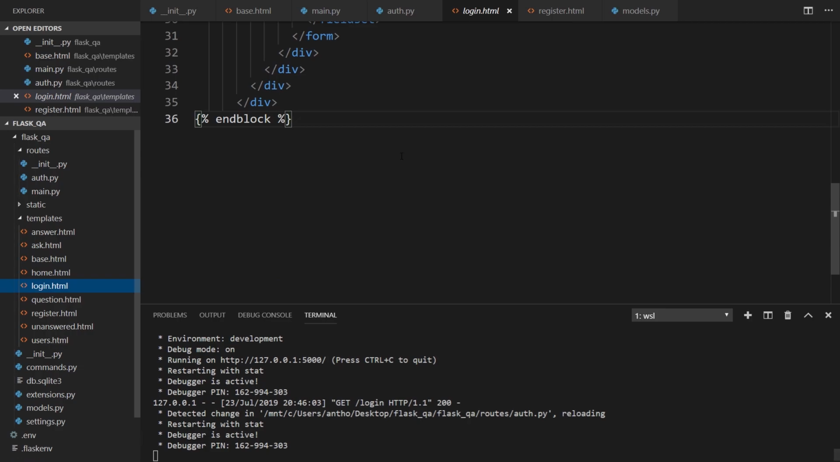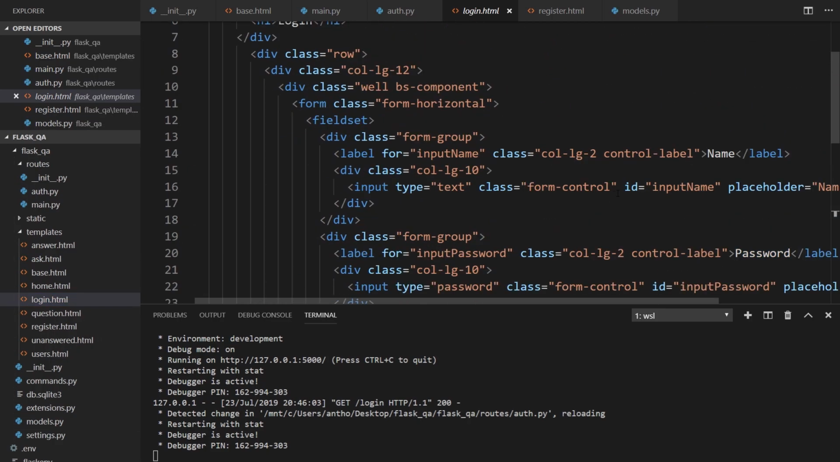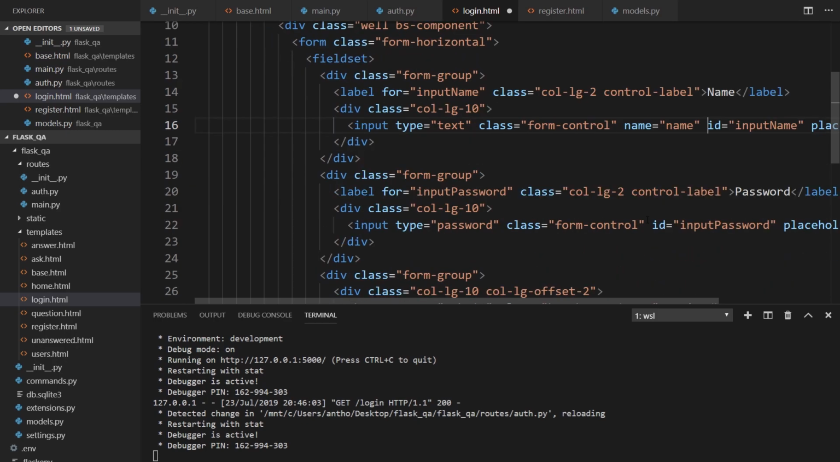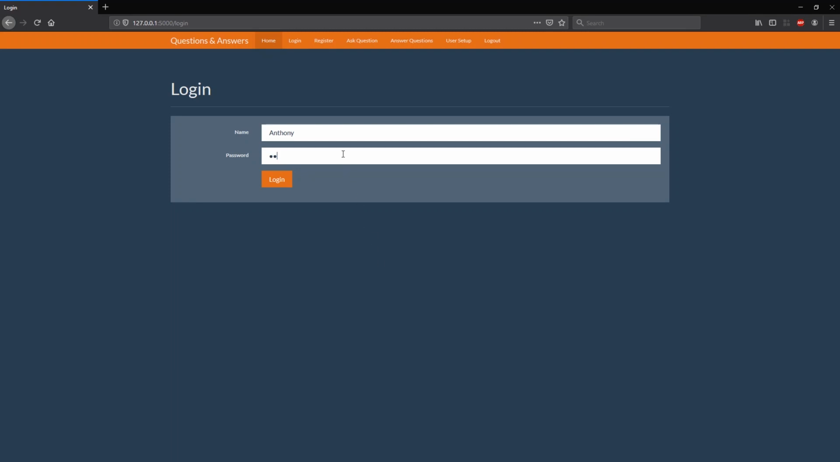So inside of the template here, we need the names. So name equals name, and then this is name equals password. Okay, so let's try that again. So let's put in invalid information. We need to reload first and put in invalid information, so it redirects to the same place. And we see the password up here, so we need to set this to be